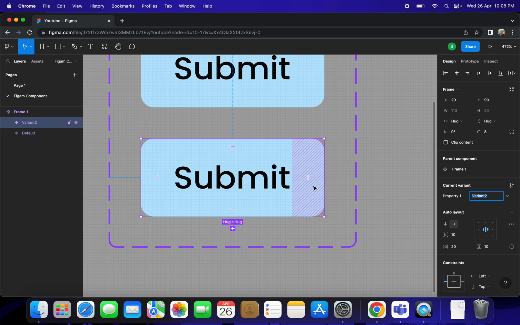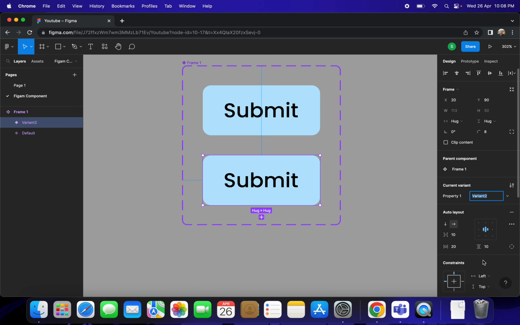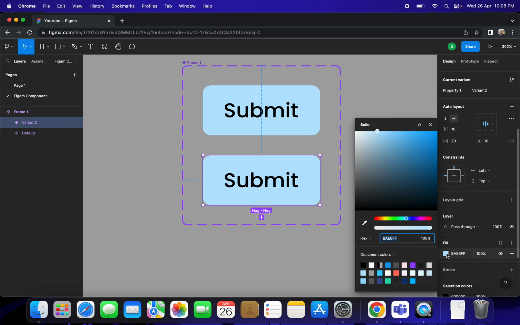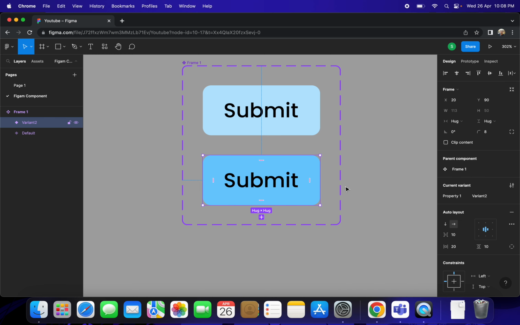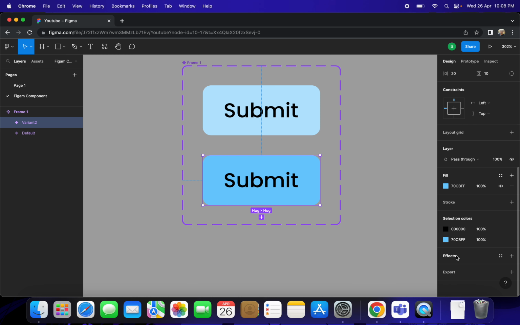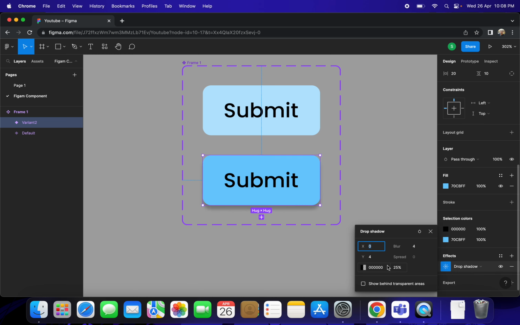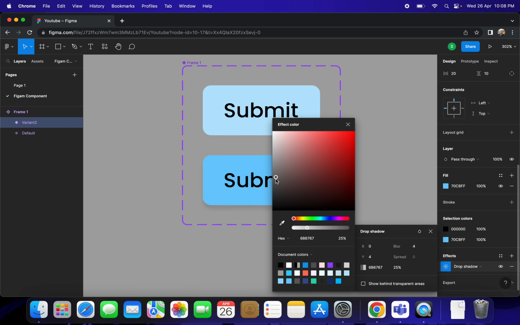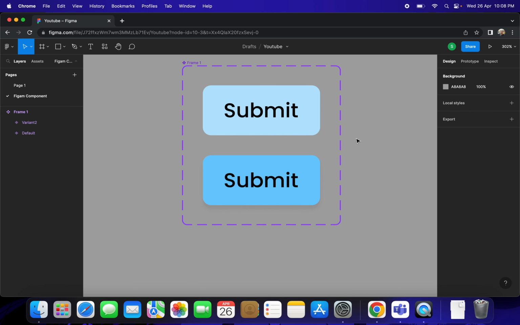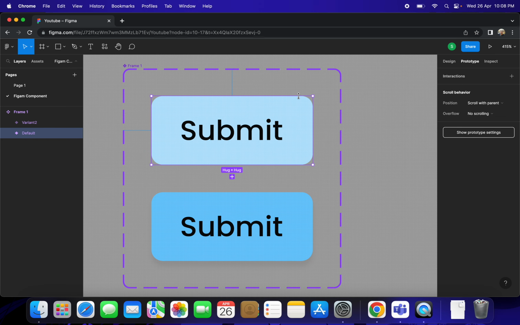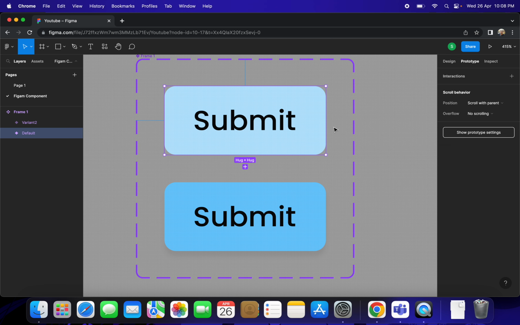On clicking add variant, we will get another instance. So we need to change that instance to dark, and for that variant, when hovering, we need to have a shadow effect. If you want to, make this one as light gray, and go to the prototype, select the first default variant and create a